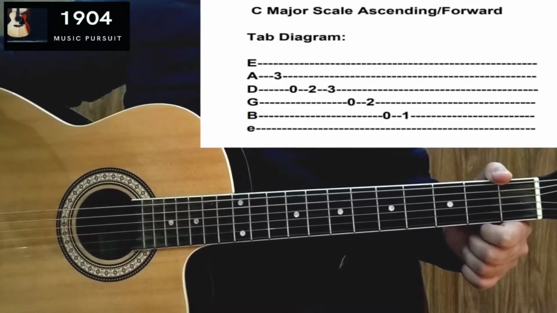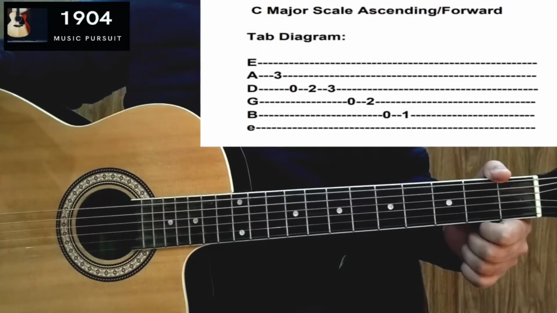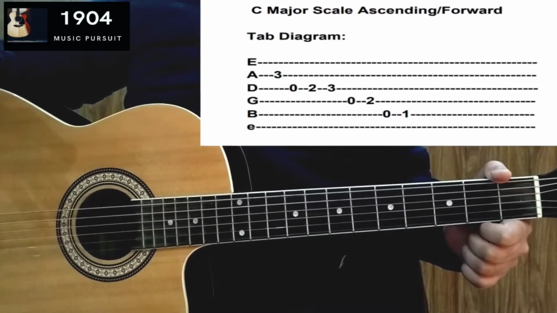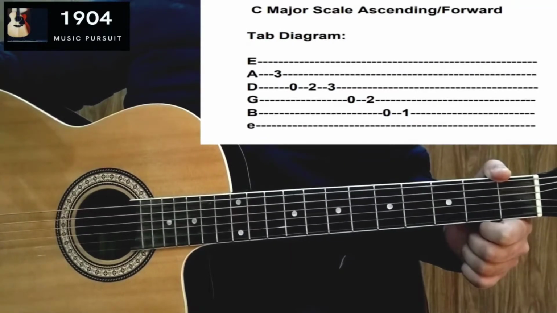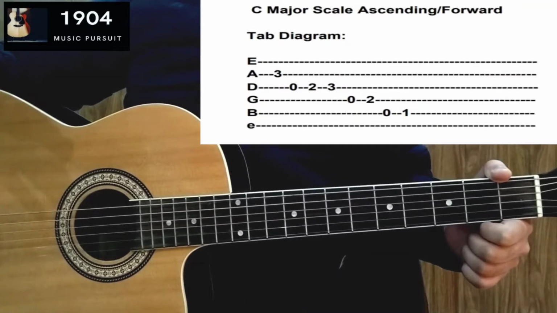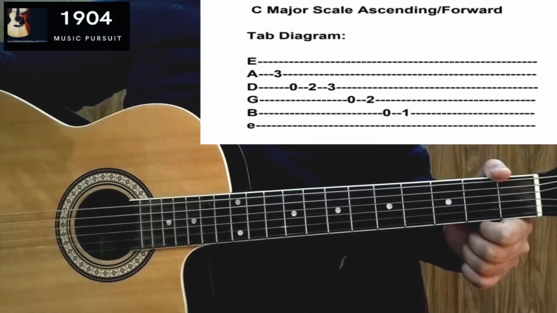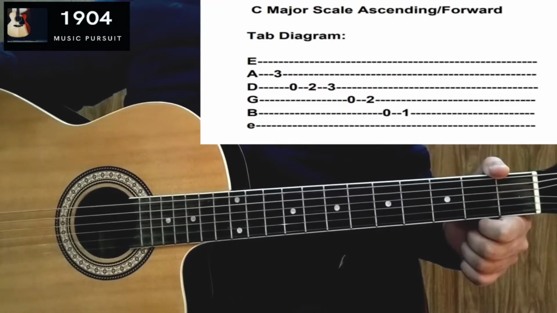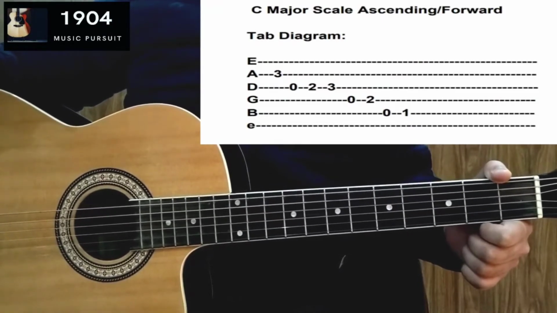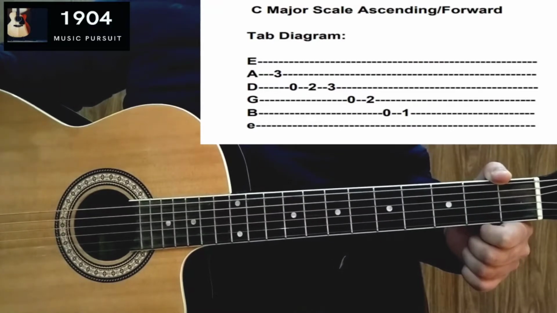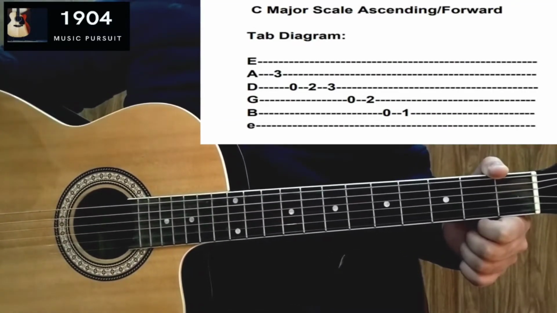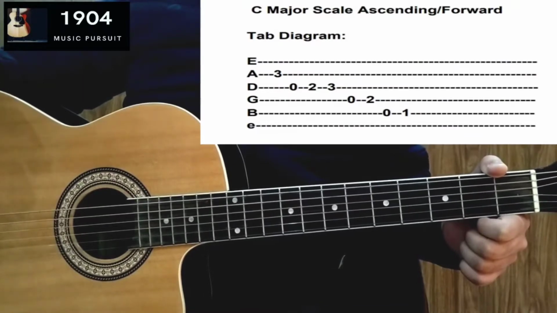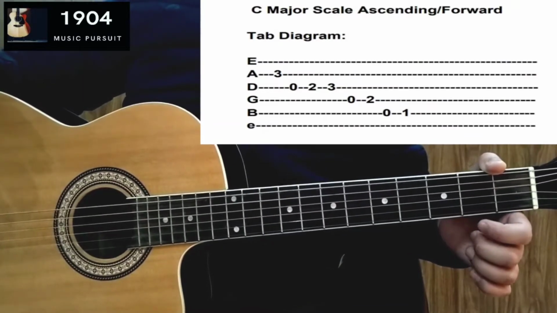As you can see in the tab diagram on your screen, the 6 horizontal lines are the strings of your guitar from bottom to top, and the numbers on those lines represent the fret numbers that we have to press on that particular string. We start from the leftmost side and follow the numbers from left to right, playing according to those numbers in that sequence. In the tab diagram of C major scale, we see a 3 written on the 5th string as we start from the left side of the tabs.